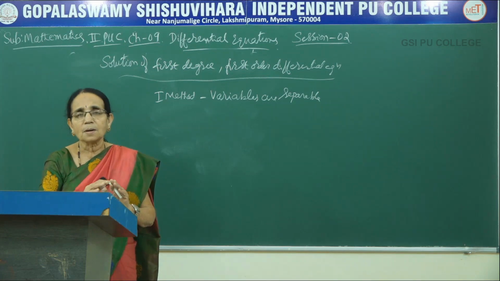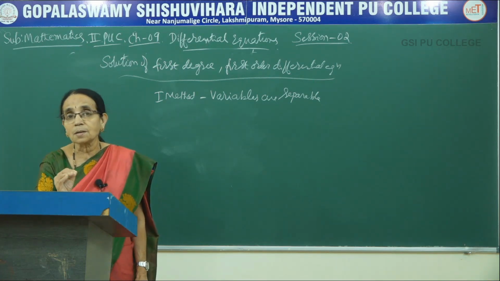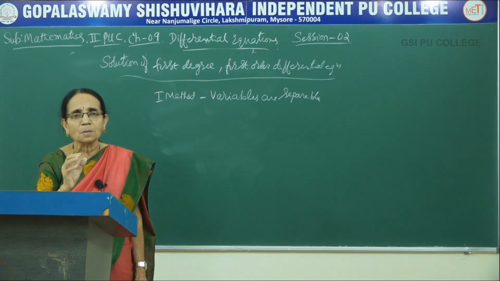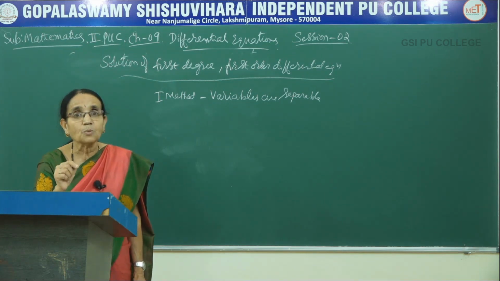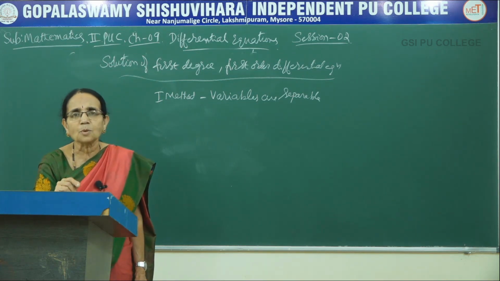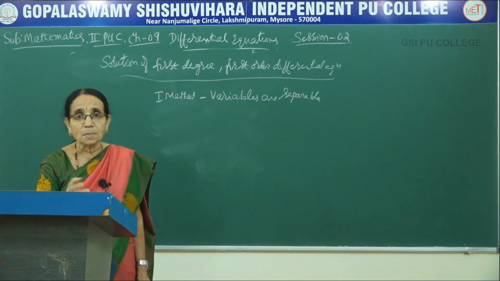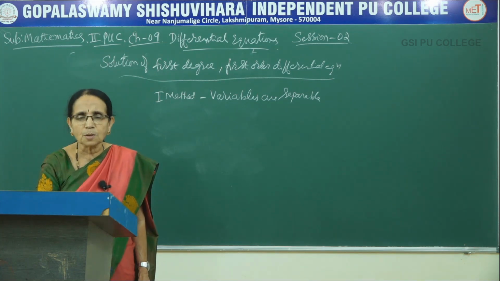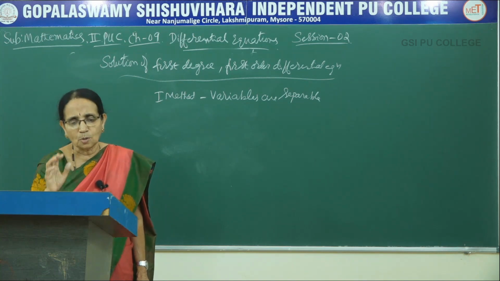Then after separating them, we do the integration. I don't say integrate with respect to x or with respect to y like that. Just integrate. When you integrate, then you will be getting a solution. Of course, c would be added to that one. That is known as a general solution, as I mentioned just now. Then, if the values of x and y have been given, if you substitute, you get the value of c, which is called a particular solution.